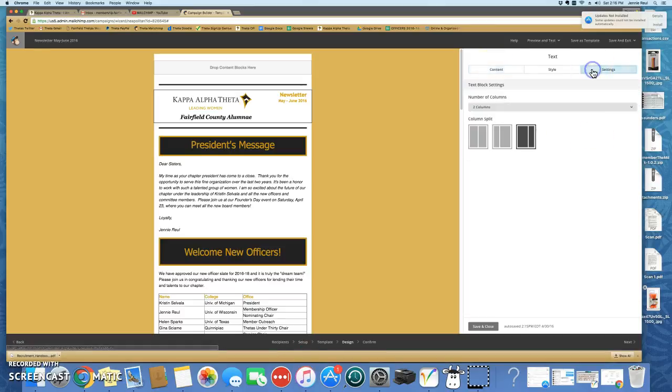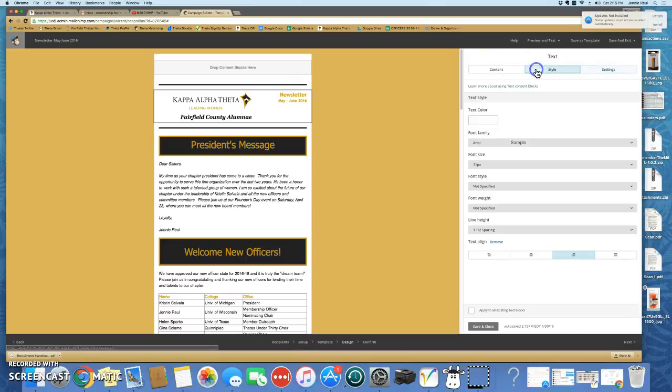We've looked at the settings for the block. We can also set the style for the block, and you can change it globally just for this block. You can change the text and the font size and the line height, which is at 1.5 for this block. And if you want to apply changes to all existing blocks, you can check here. But we're going to keep the same style settings,